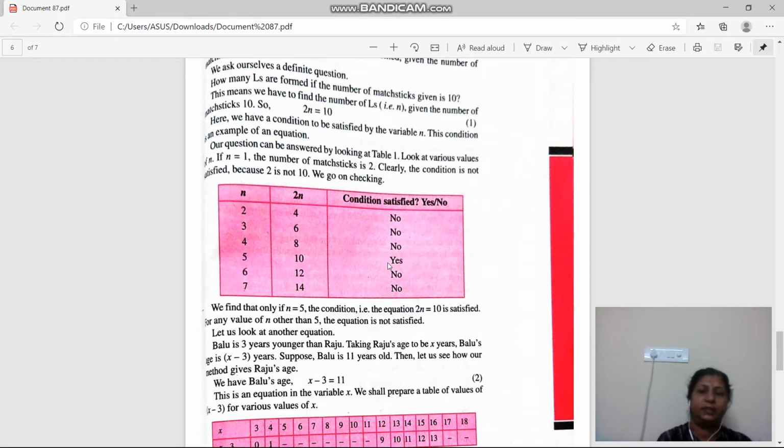Okay, so let's see the next. We find that only if n is equal to 5, the equation 2n is equal to 10 is satisfied. For any value of n other than 5, the equation